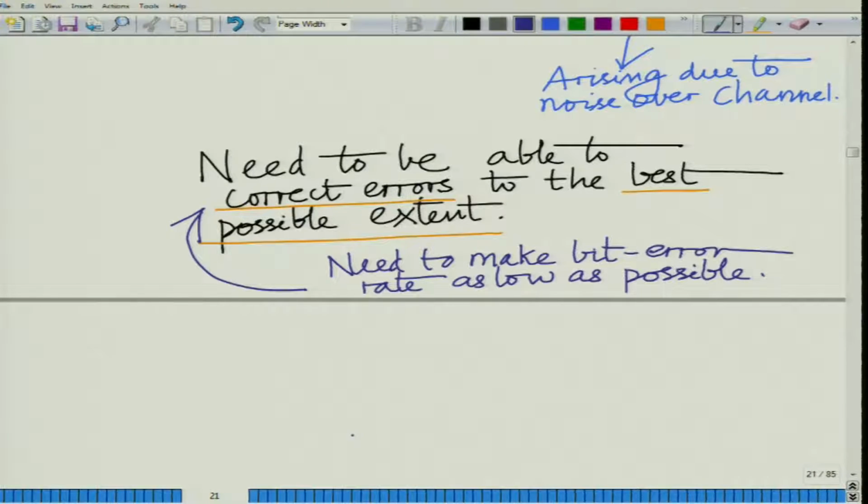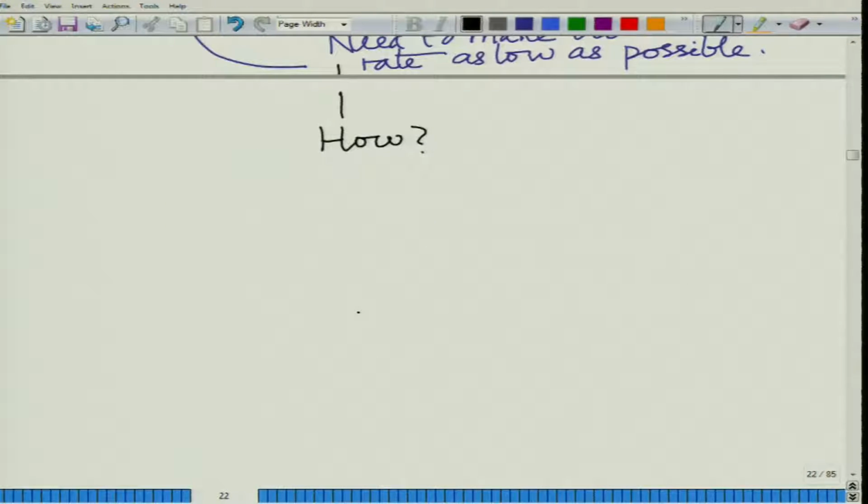We need to make the bit error rate as low as possible. Now, the question arises: how does one do this? Let us look at a simple example. To eliminate bit error, and to understand this better, I am going to look at a very simple example